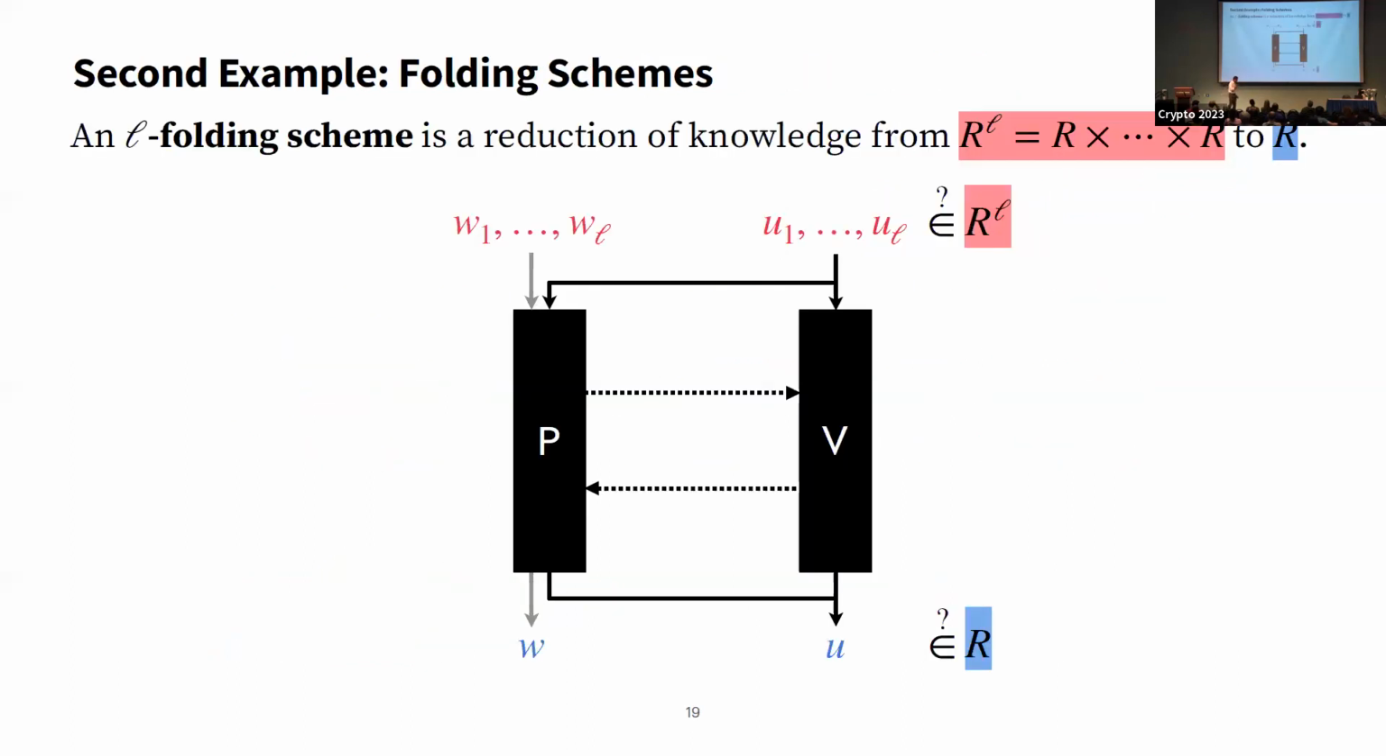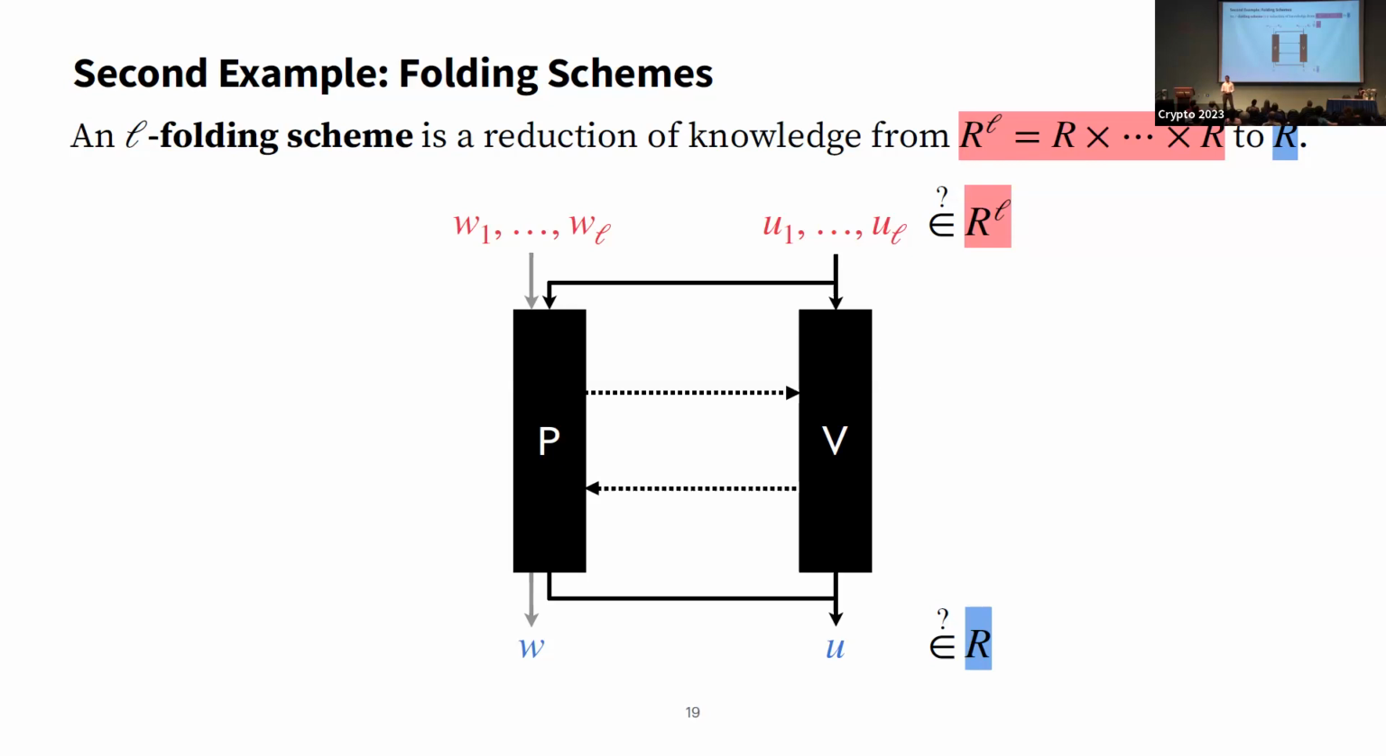Okay, so now I want to pivot a little bit, and I want to talk a little bit more about how we can use reductions of knowledge to reason a little bit more abstractly. Okay, so to do that, I'm going to start off by defining an L folding scheme. Okay, an L folding scheme is a reduction of knowledge from L instances of a relation to a single instance